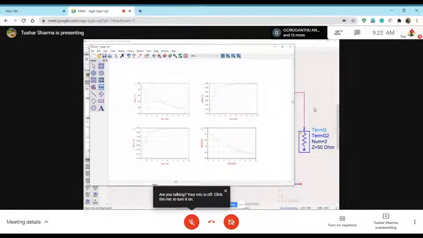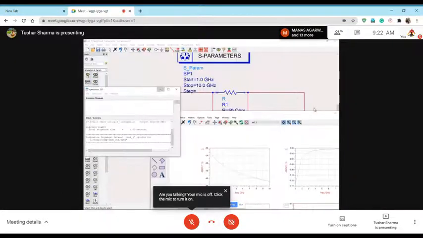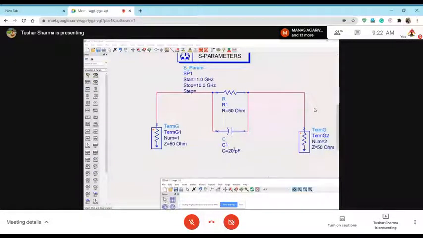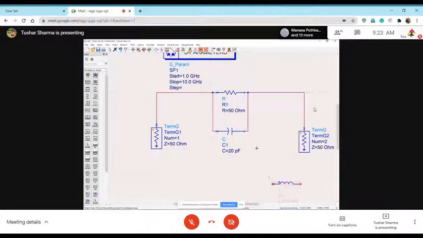Now you see it's no longer flat, because of the capacitor. We introduced the capacitor, and the capacitor has a reactance, XC equal to 1 over 2 pi f C. Technically you can find the response of this network. It is a parallel combination, so it will be 1 over R plus 1 over XC, where XC is given by 1 over 2 pi f C. Now depending on that, you will have a different response.